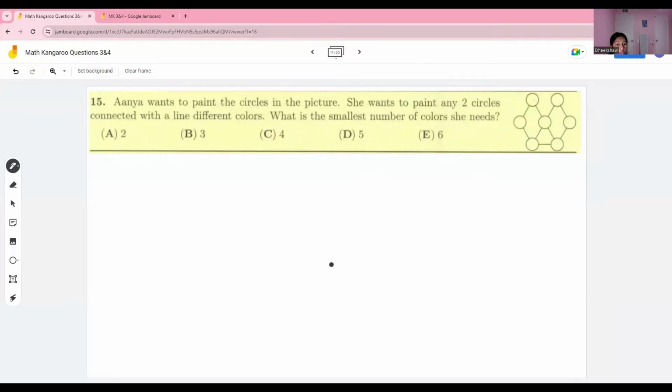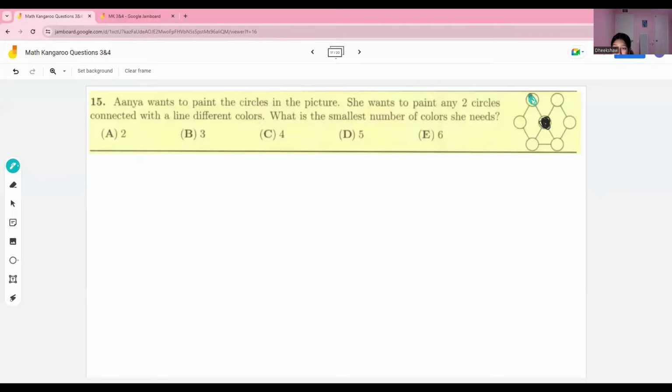Moving on. Anya wants to paint the circles in the picture. She wants to paint any 2 circles connected with a line different colors. What is the smallest number of colors she needs? So for this problem, I figured the wisest decision is to start with the circle that is connected with the most other circles. So in this case it's the middle one, let's say the middle one is black, for example,